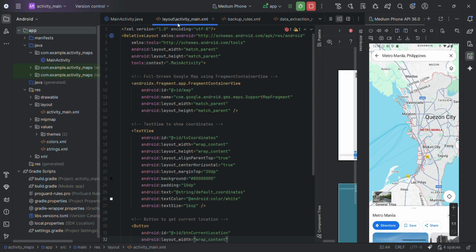Here I use a fragment container view to display the Google Map full screen.